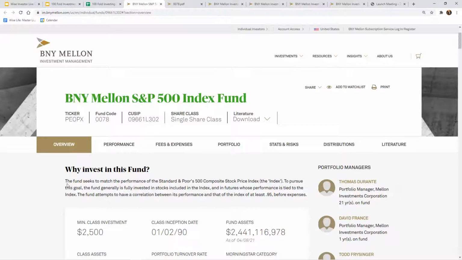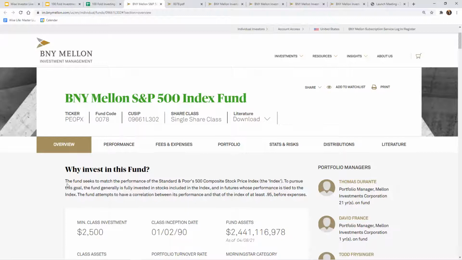To pursue this goal, the fund generally is fully invested in stocks included in the index and in futures whose performance is tied to the index. The fund attempts to have a correlation between its performance and that of the index of at least 0.95 before expenses. All right, so let's translate this.